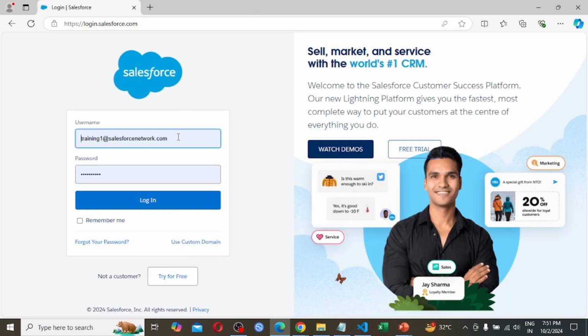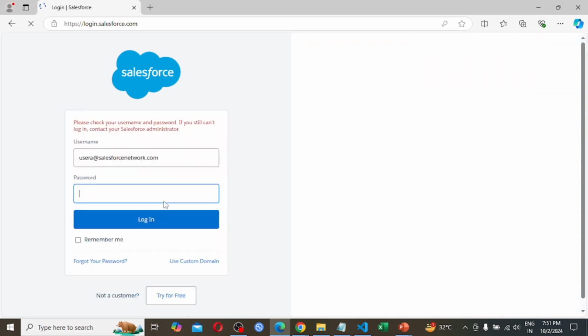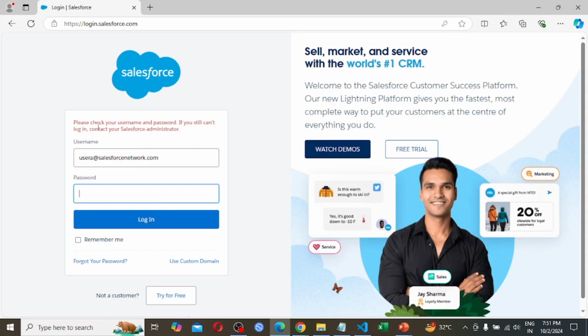I am putting this URL, user A @salesforcenetwork.com, and providing the password, hitting the login button. For now he can't log in. See, please check your username and password. If you still can't log in, contact your Salesforce administrator. So he can't log in because of freezing the user.